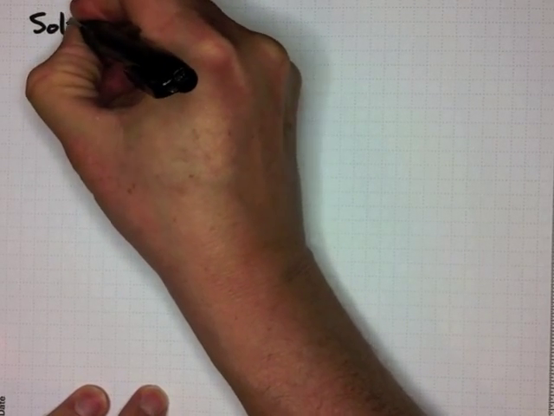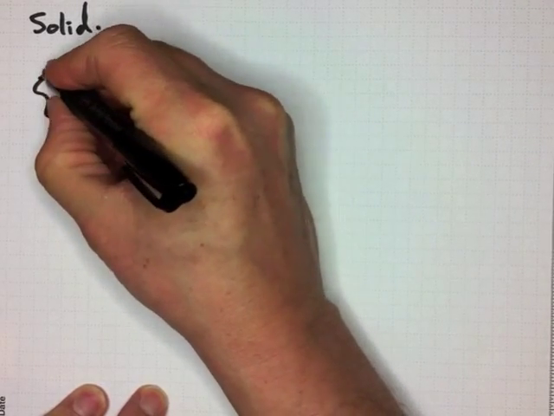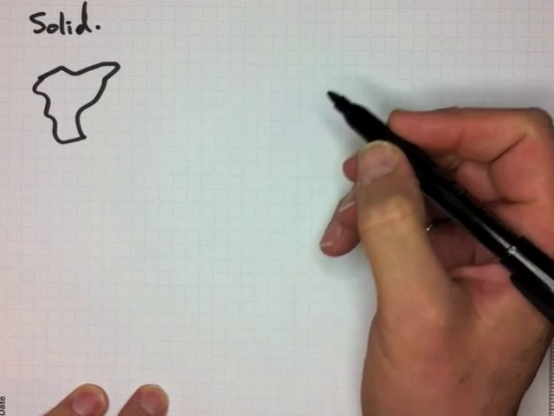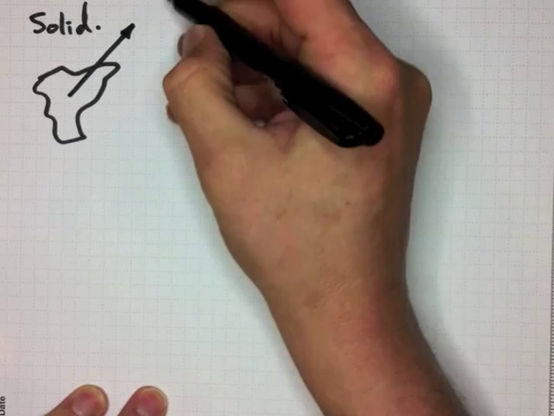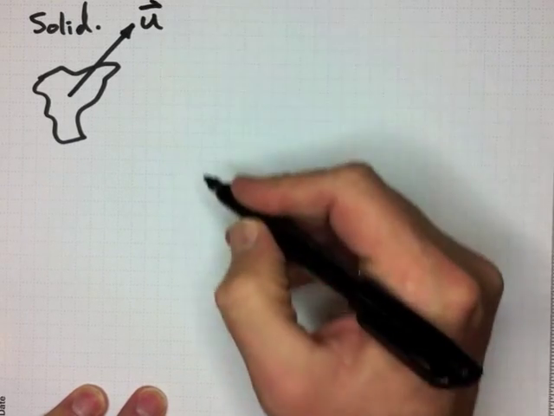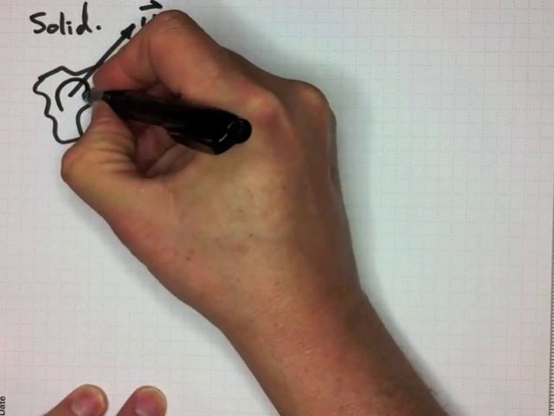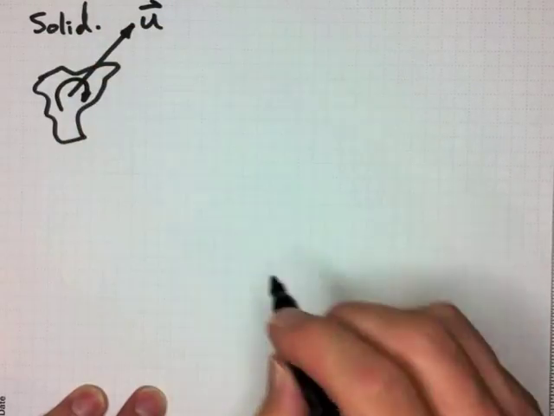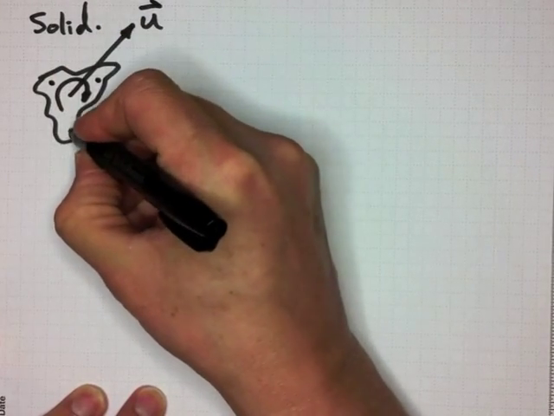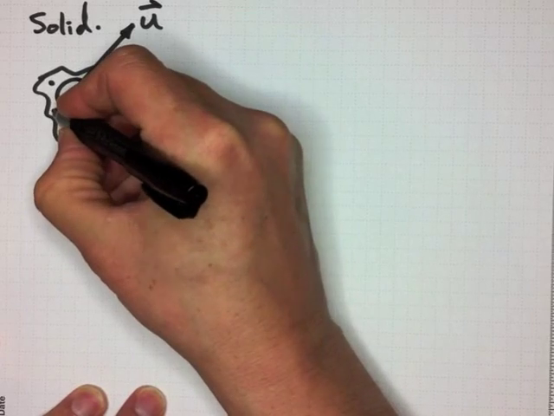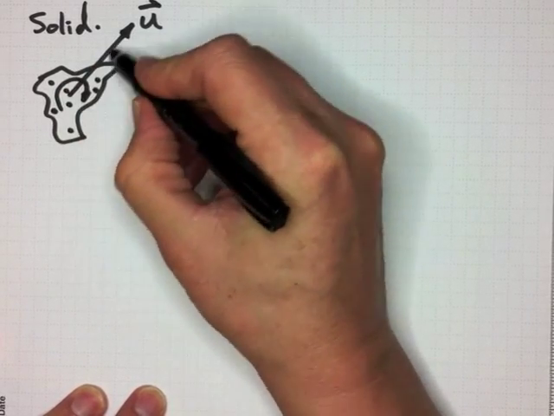A solid generally retains its shape, and whatever shape that is, it'll stay that way. It can be described by a single velocity for its center of mass, and some kind of rotation that defines how it's rotating around that center of mass. All of the individual components of that solid stay in the same relationship to each other as it rotates and